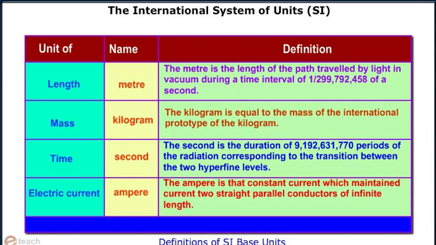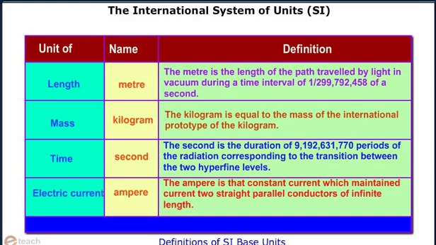The second is the duration of 9,192,631,770 periods of the radiation corresponding to the transition between the two hyperfine levels. The ampere is that constant current which, maintained in two straight parallel conductors of infinite length,